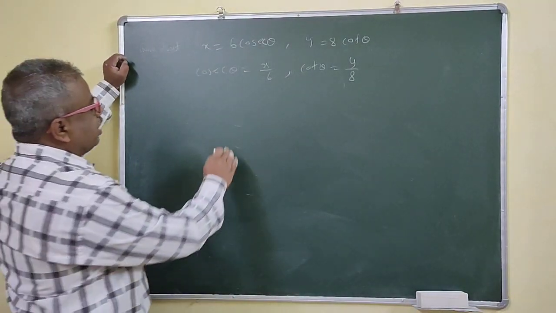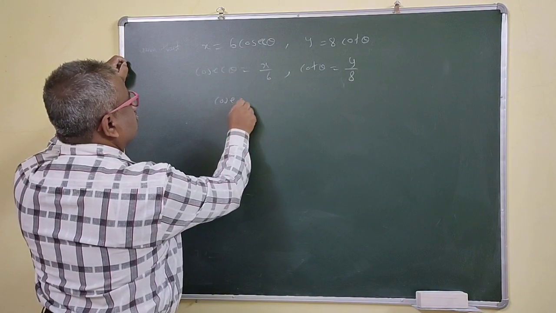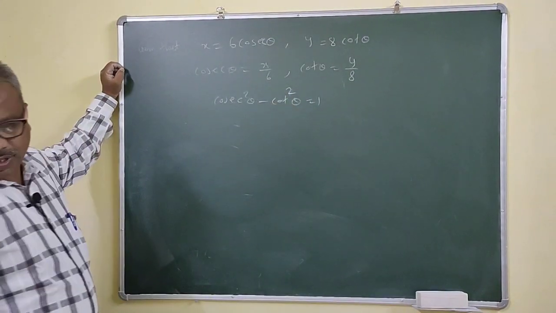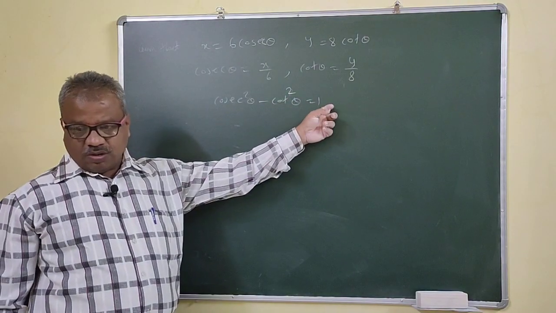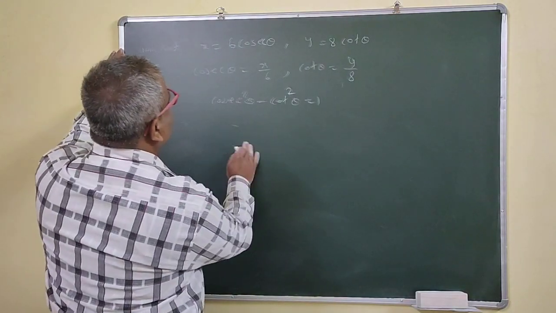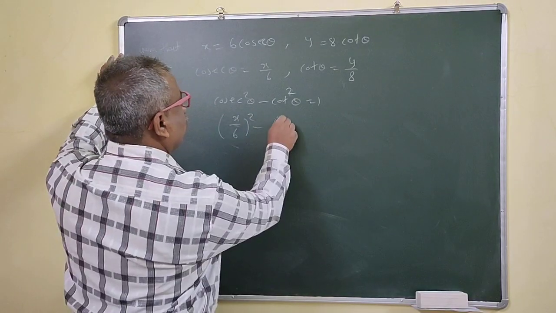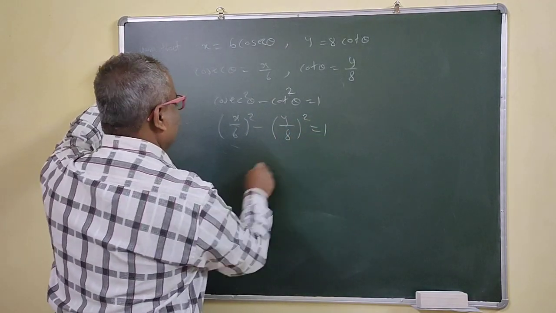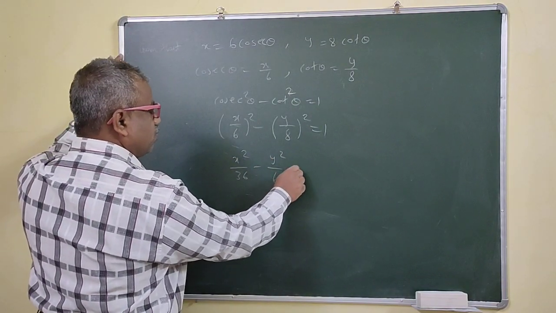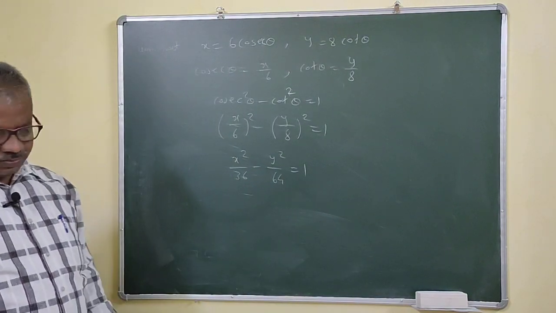Right? Okay, so we know that we have cosec square theta minus cot square theta is equal to 1. Just confirm this: if you shift the cot square here, 1 plus cot square is cosec square. Yes, it is true, that means this identity is true. So we'll write the value of cosec theta as x upon 6 bracket square, and the value of cot as y upon 8 bracket square, is equal to 1. So this is x square upon 36 minus y square upon 64 is equal to 1. Keep this as it is, because the denominators are not the same.